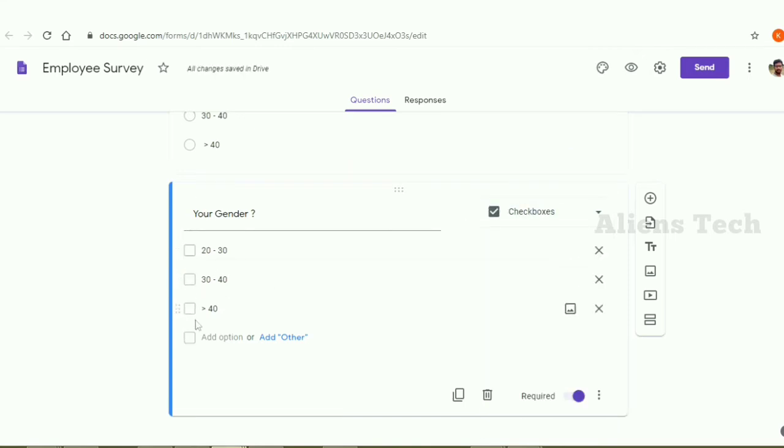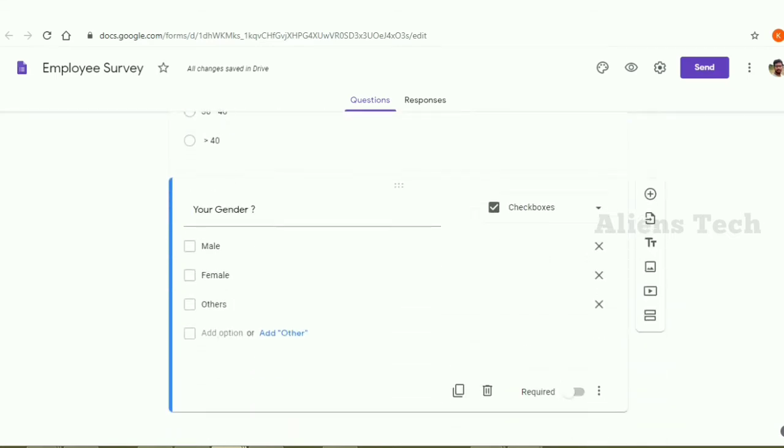Here you can see the relevant answer options are changed to checkbox options. So first I am providing the answer list as male, female, others. Once I'm done, this time I am making this question an optional one.